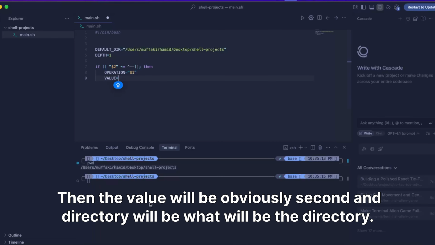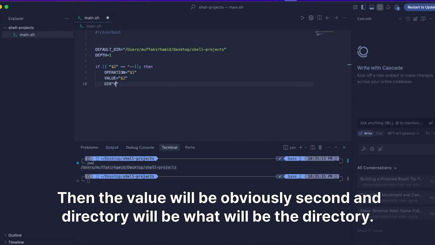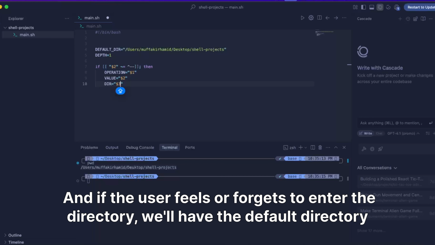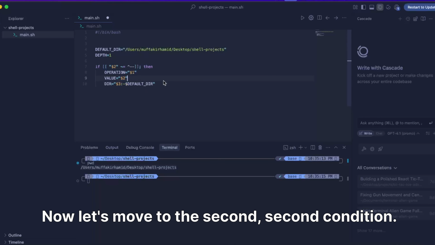Then the value will obviously be second, and the directory will be 3. And if the user fails or forgets to enter the directory, we'll have the default directory as this. Okay, cool. Now let's move to the